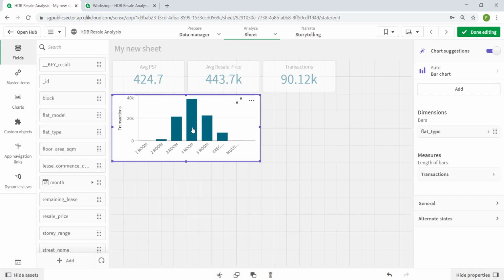That's what you can see. When I drag in the transaction, it shows me a KPI object. But once I drop in the flag type, it changes to a bar chart. This is the effect of the chart suggestion that is in play now. If you go to the right hand side, you can see chart suggestion is turned on, and there's an auto bar chart. So right now it's recommending the type of visualization based on the data that it has dropped in. To change it to a pie chart, click on this auto bar chart